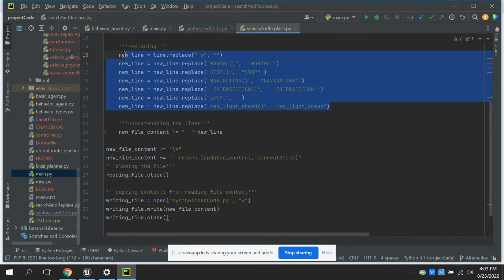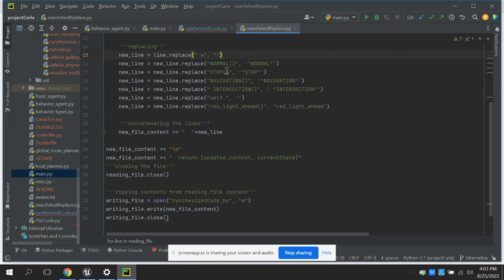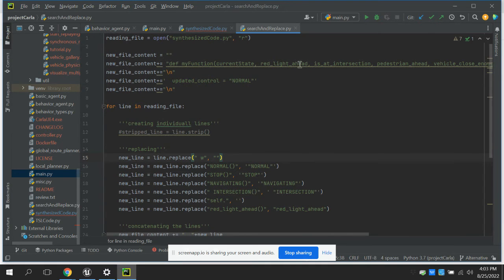these lines of code. What these lines of code do is they replace a W with an empty quote, and then words like normal with parentheses, they're supposed to be strings and not functions. The only reason we wrote this as a function when we're writing the TSL specification is because if we write it as a string, the TSL synthesis tool doesn't accept strings at this time. So I had to write it using parentheses, and then I replace the parentheses with an empty string as well. So if I run the search and replace program,